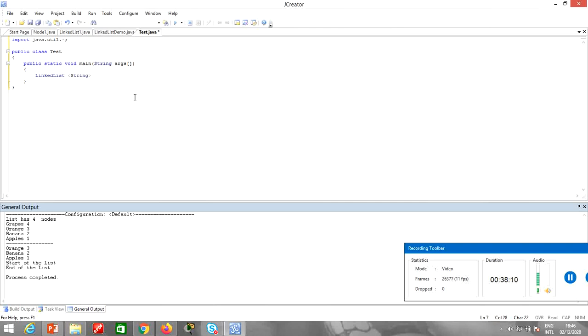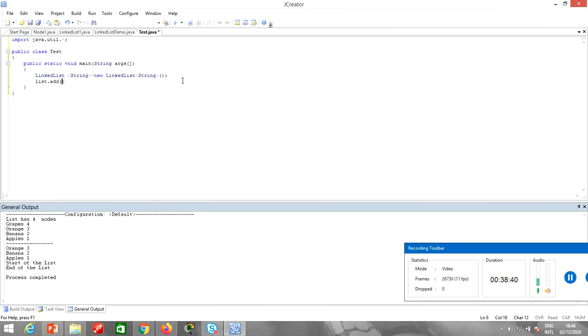I create a LinkedList of String, list is equal to new LinkedList. I create an empty linked list, right? Linked list already has the methods add first, remove first, remove last. So if I call this method